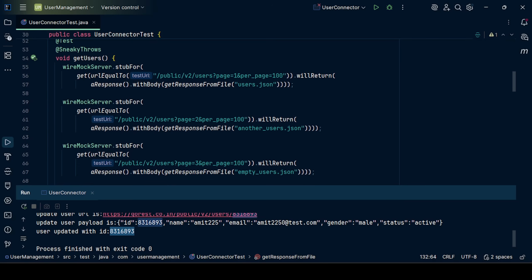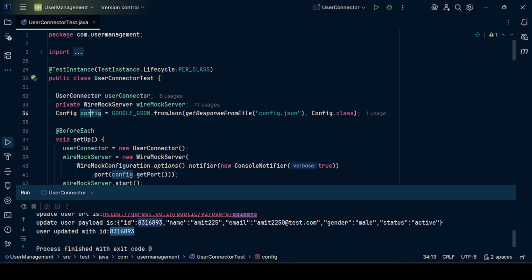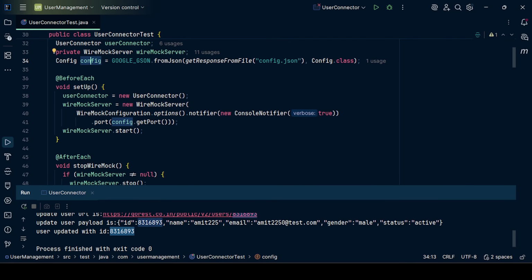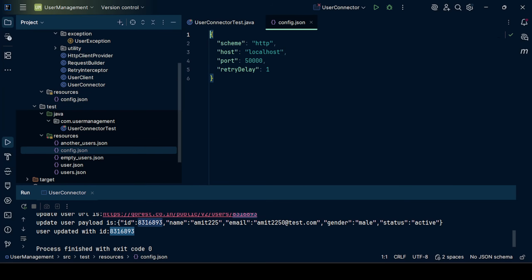Now let's first talk about this. Over here we have defined it so that it will get the config details over here also. Now the WireMock server will be needing, as we initially discussed, a port number, though production code may not be needing that port number. So we have defined it over here. As part of this config, we defined a hard-coded port number 50,000,